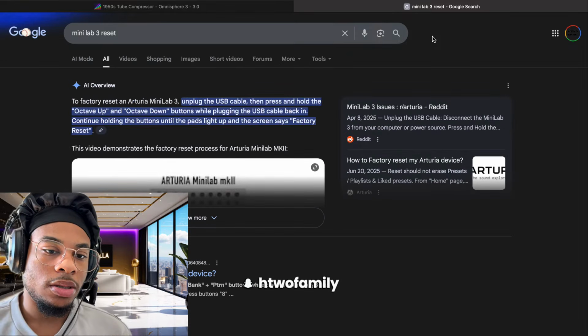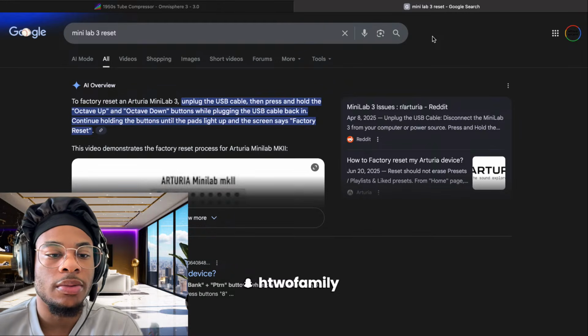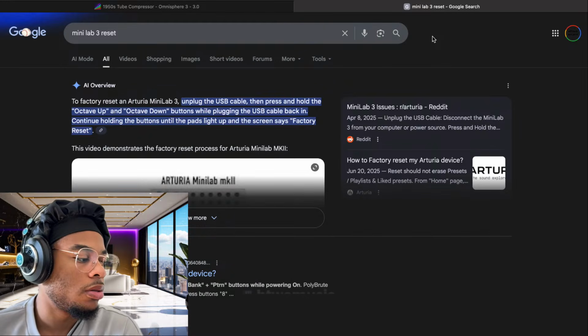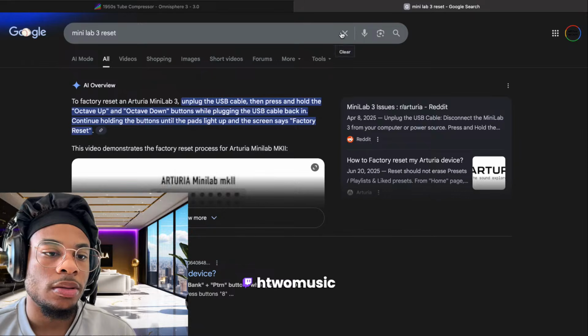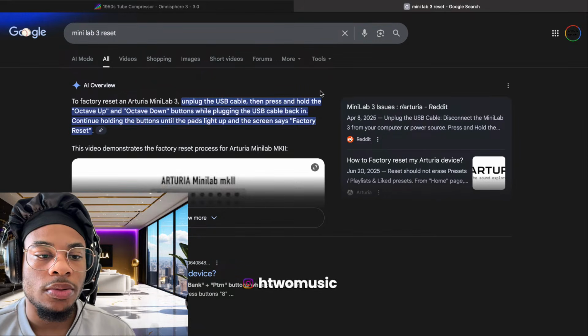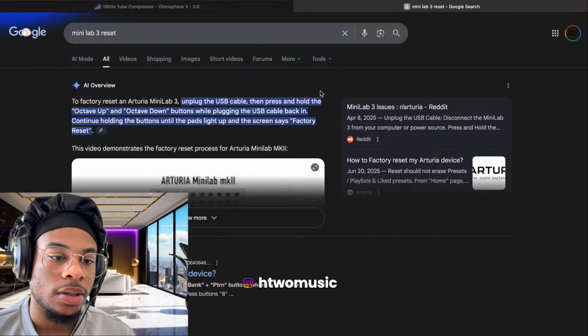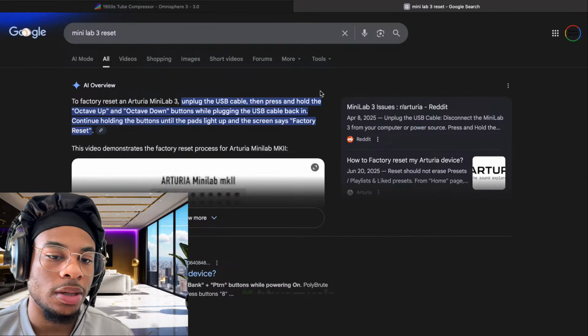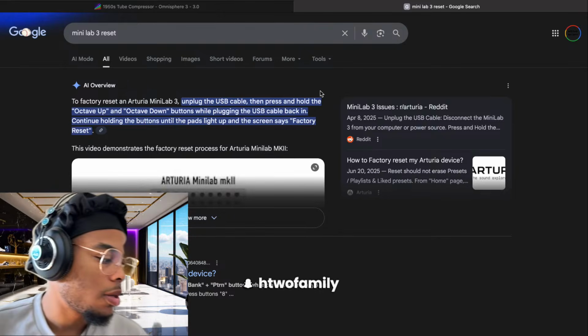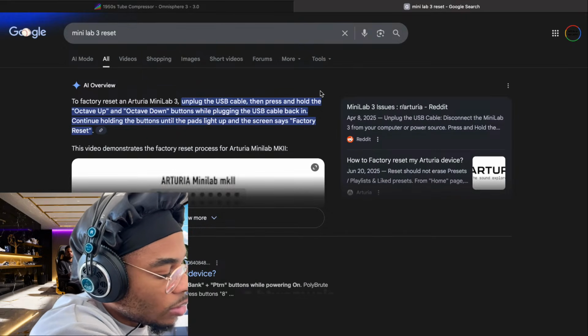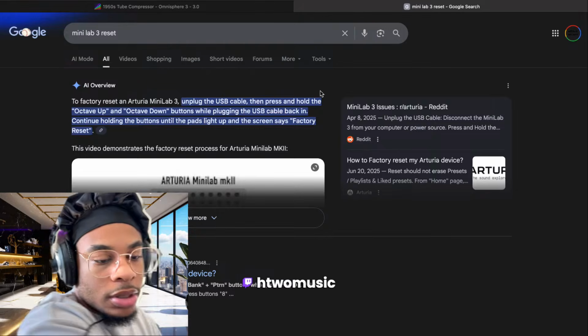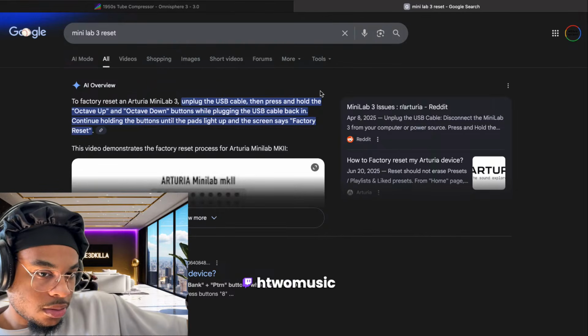Alright. Unplug the cable. Wait, how? What powers it on? Press and hold the octave up and down buttons while plugging back in. Continue holding buttons until the pad lights up. What? The dumbest. Alright, unplug it. Hold these two buttons down. Push it in. Hold it until